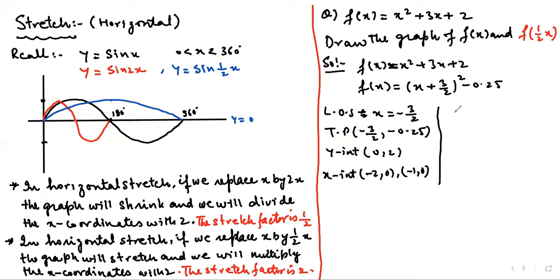Now what should be the line of symmetry in this case? सर मैं ये स्ट्रेच फैक्टर वाली चीज नहीं समझा। यहां पर अगर हम इन दोनों को आपस में कंपेयर करें, x is half x, तो जो x कोऑर्डिनेट्स थे 0, 180 और 360, हमने उन सबको 2 से मल्टीप्लाई करवा दिया। पहला x इंटरसेप्ट 180 था, now the new first x intercept is 360 degrees. Now what is the line of symmetry?